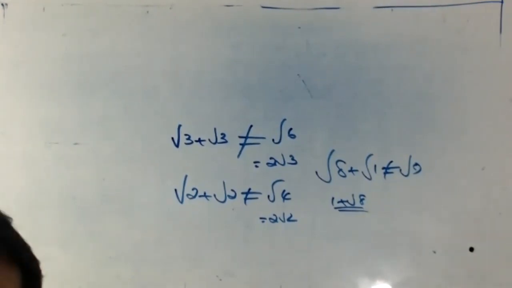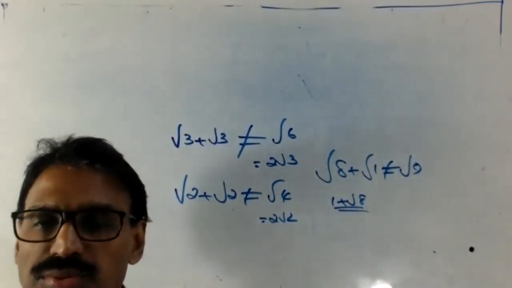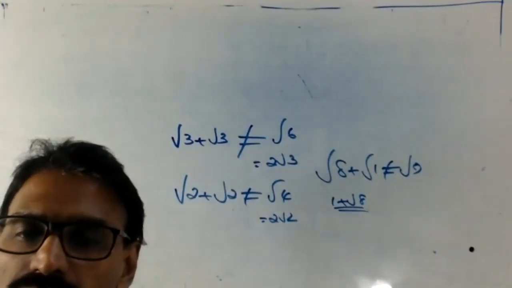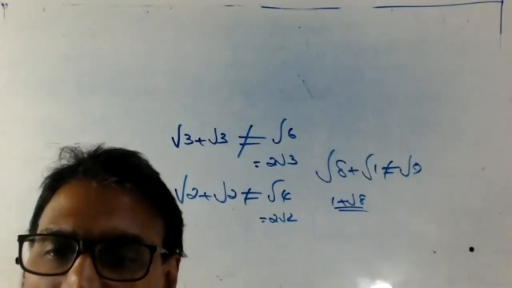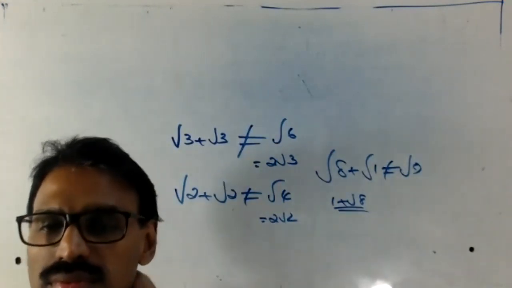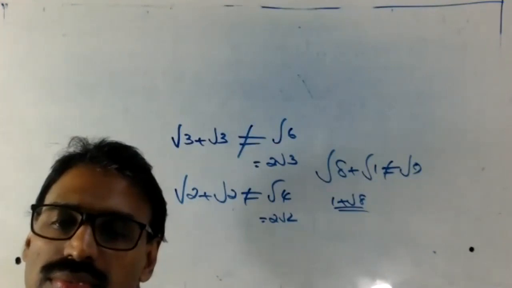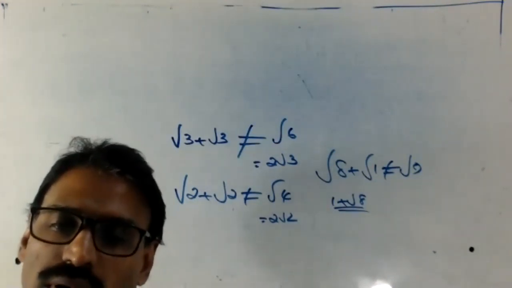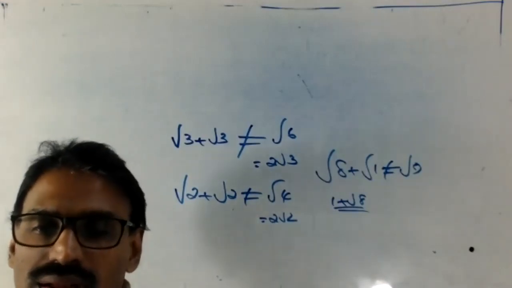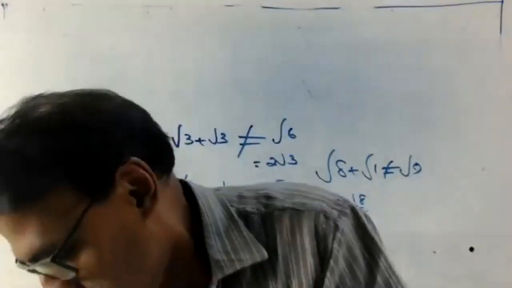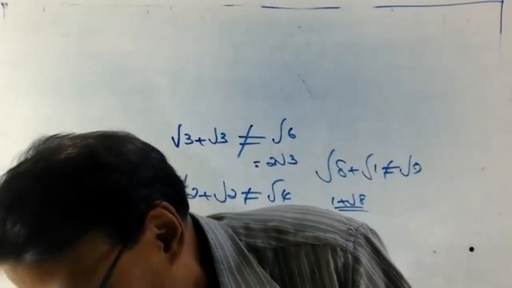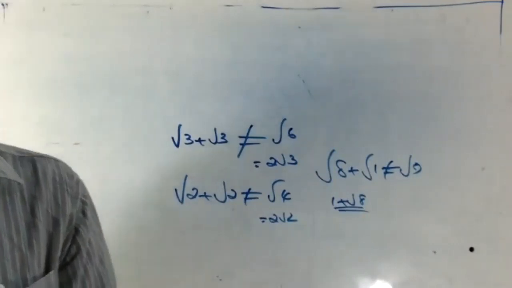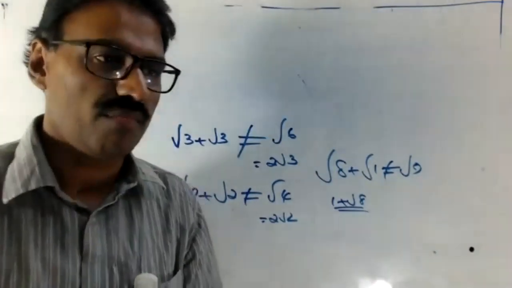Why do I only ask the same thing, the same stupid things? Root of 4 plus root of 5, what? Not root of 9. 2 root 1, what's the meaning? No meaning. Root of 1 is what? Root of 1 is 1 only. It is a rational number. Not irrational. It is rational.